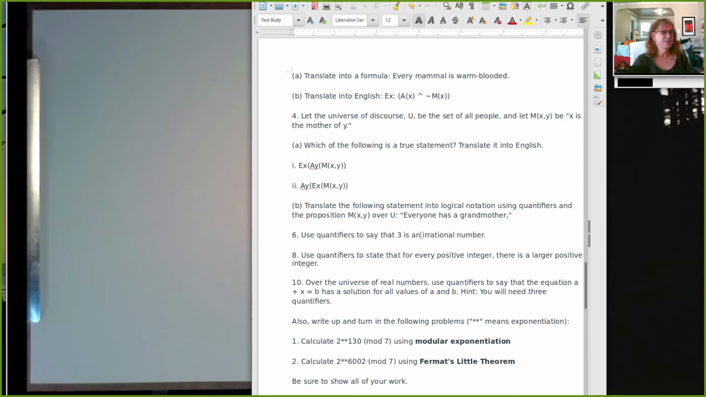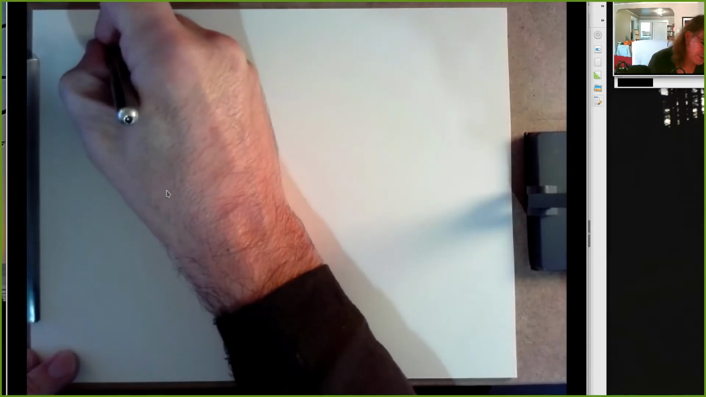All right, so that was question 10. Let's go ahead and do the 2 questions on modular exponentiation and Fermat's little theorem. So modular exponentiation, 2 to the 130th mod 7. We're asked to calculate that. So 2 to the 130th